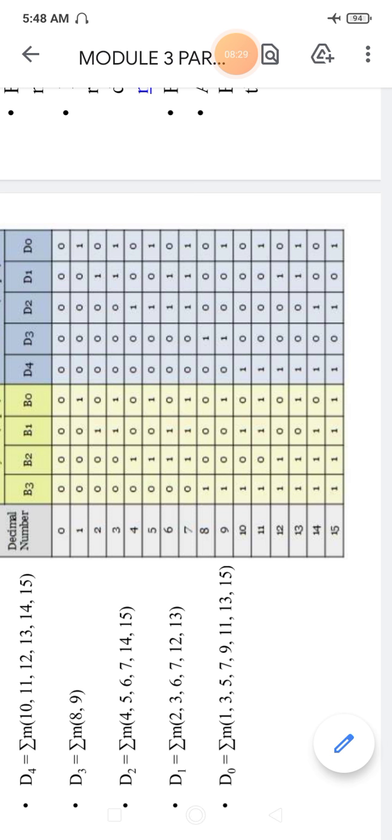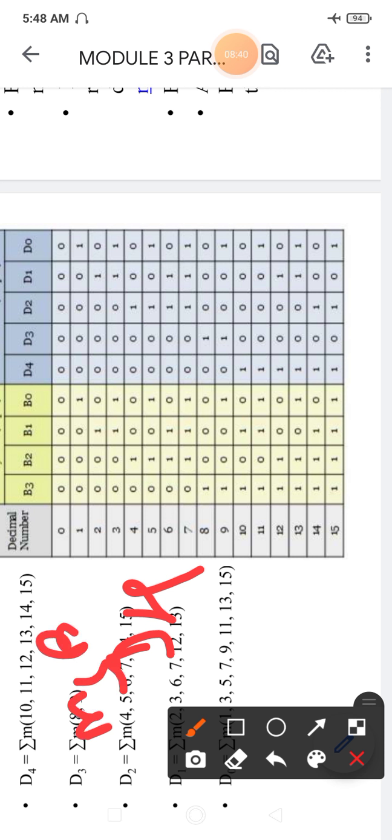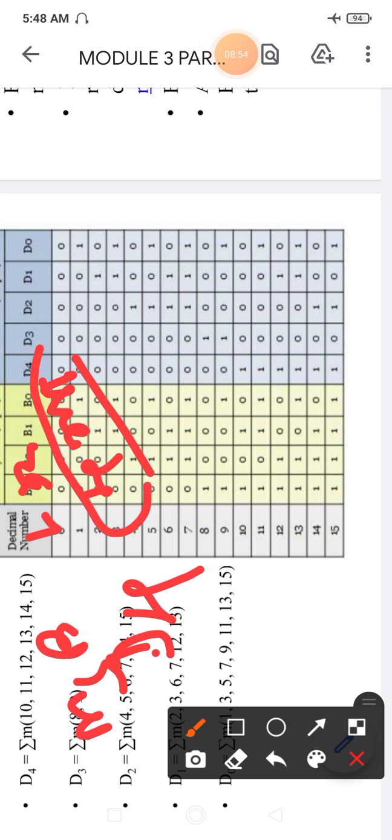So here you can see that we have represented only D4 in the most significant bit, and we have not written 4 bits for the most significant bit. Only 1 bit is being considered for the most significant bit, and we have taken 4 bits for the least significant bit. അതായത് ലീസ്റ്റ് സിഗ്നിഫിക്കൻറ്റ് ബിറ്റിന് 4 ബിറ്റ് ഉപയോഗിച്ചു, മെയിൻ സിഗ്നിഫിക്കൻറ്റ് ബിറ്റിന് 1 ബിറ്റ് മാത്രമേ ഉപയോഗിച്ചിട്ടുള്ളൂ.